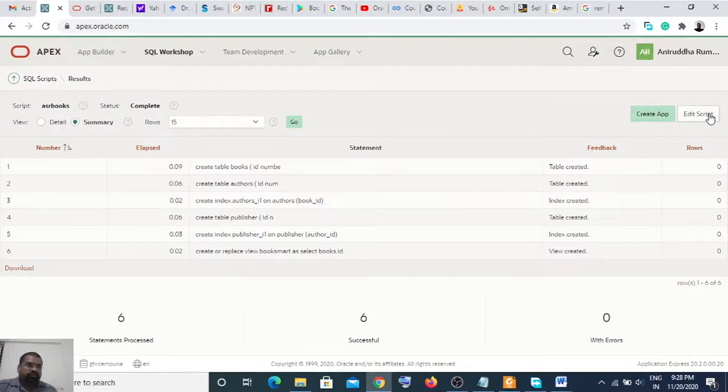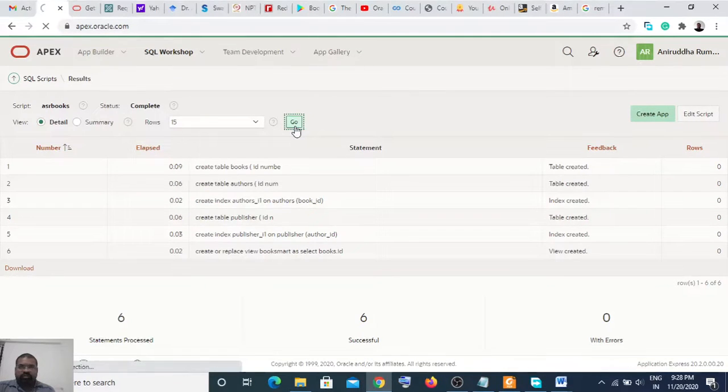So we can edit the script, or we can see this. So script is ASR books, and here you are having all those things. You can get the summary, or you can get the complete detail.